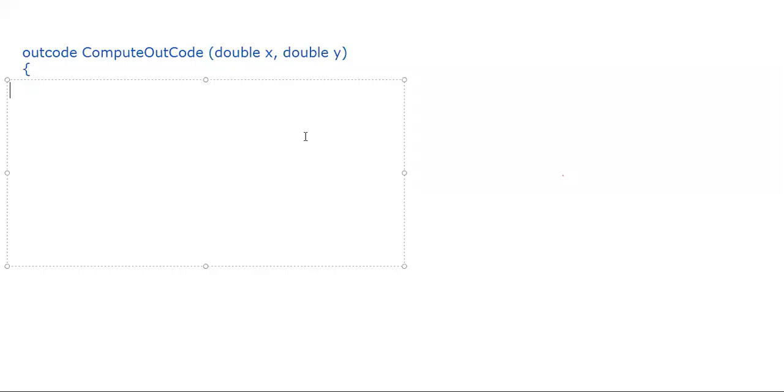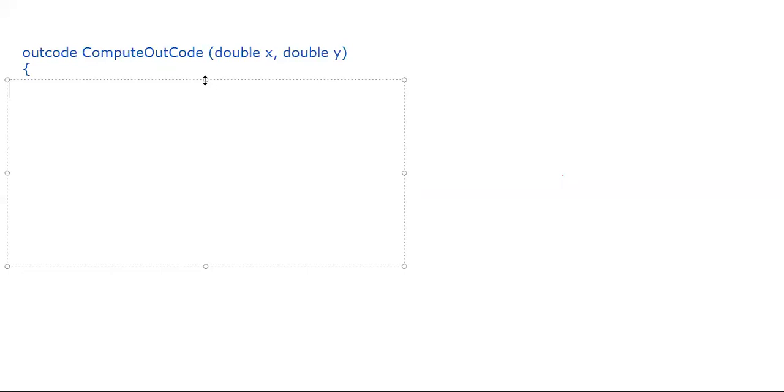Now we will move on to the next function, that is outcode, compute outcode. Outcode, or compute outcode, has other names: ABRL code, region code, or area code. I explained this in the first video itself: what the outcode is, how to calculate it, and how you should write it. You can see the link there.